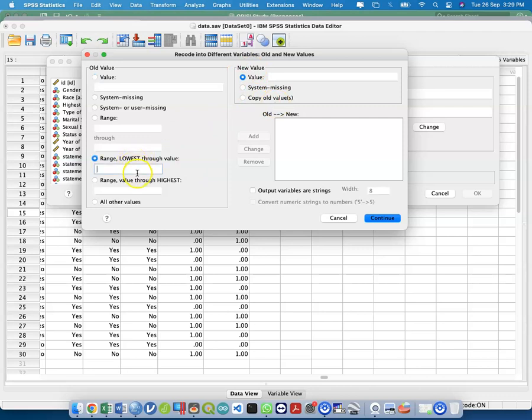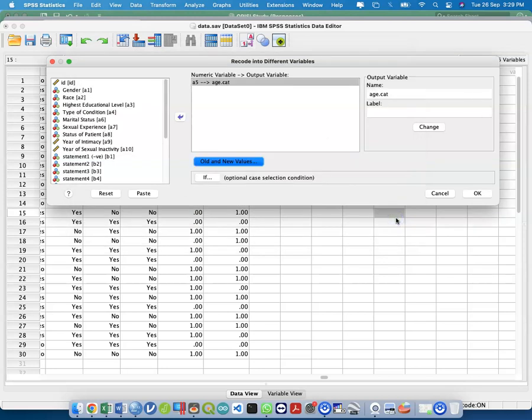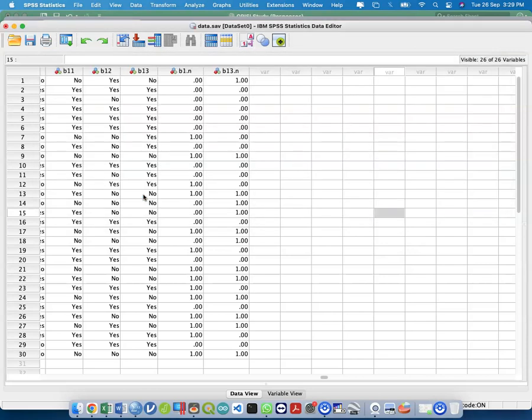Examples. I'm going to choose the less than 30 as a group number 1. Add. And then I'm going to use the range to specify as 31 until 40 as the group number 2. And then the highest will be more than 40, more than 41. This is the example only lah as a group number 3. Okay, siap? And then you are going to go for continue, and last but not least is going for the